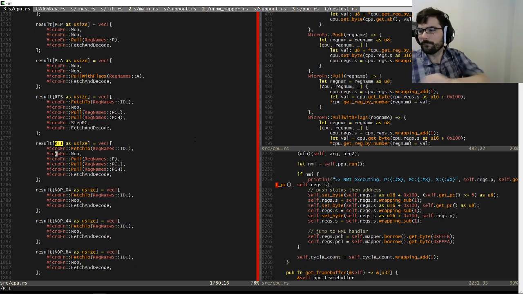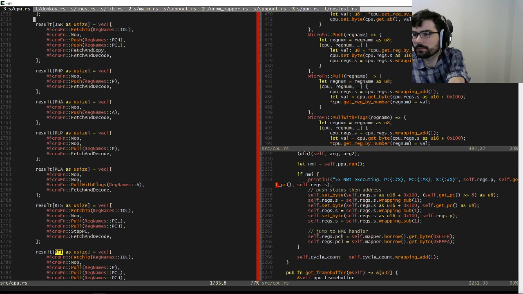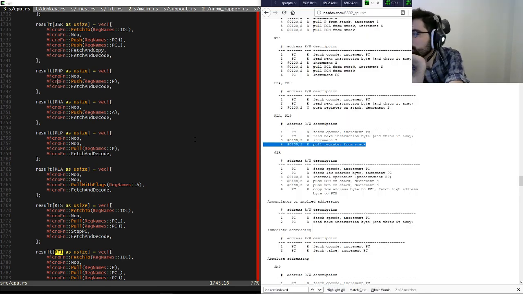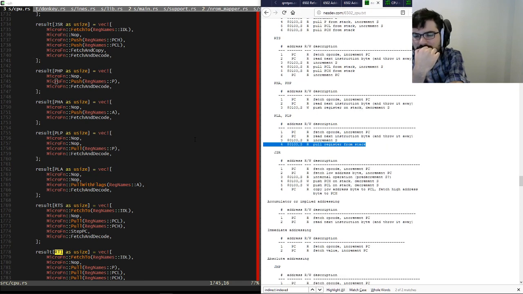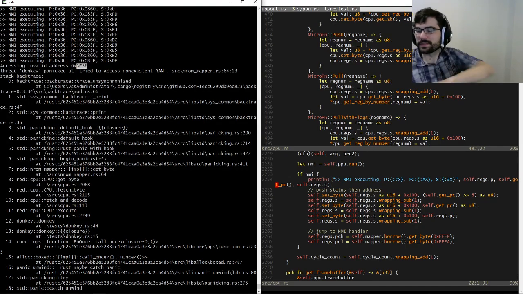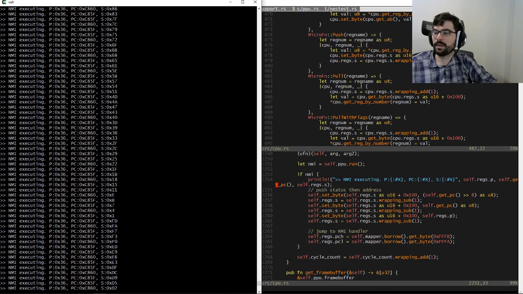So PHP, PLA, etc. No op, push, fetch, and decode. It shouldn't be wrapping. I just read that it's rather rare that the stack is even used to its full size in NES code. Yeah, I'm surprised that that is happening. It doesn't really make sense to me either.